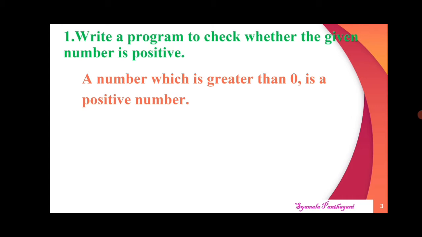Now, what are the variables we are using in this program? A number is the input, and what we have to calculate is whether it is greater than 0 or not. And what we have to output is whether it is positive. Okay, now we have the process of variable description. From these programs, I would like to teach this variable description.